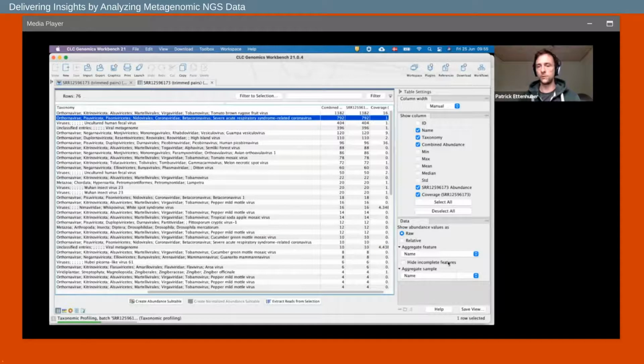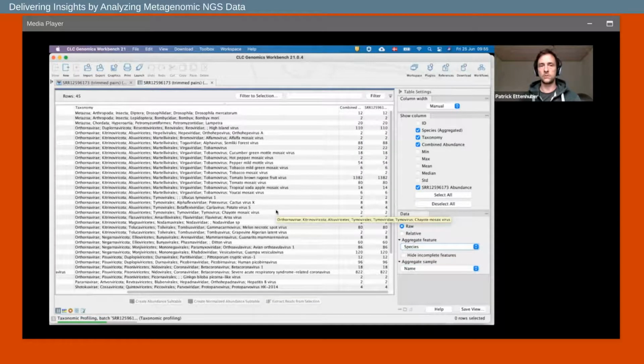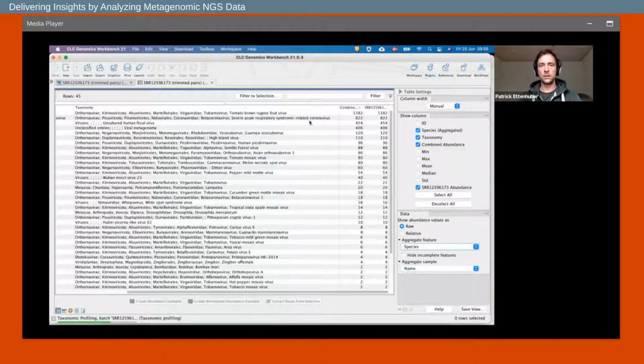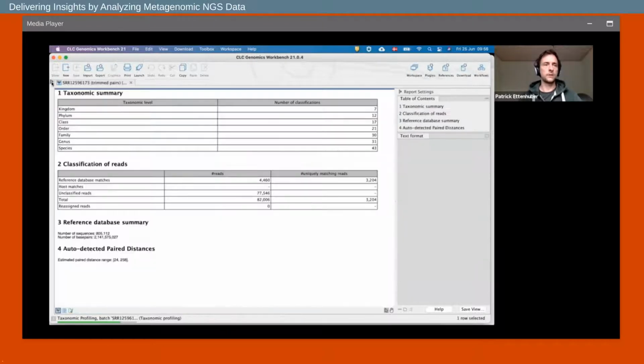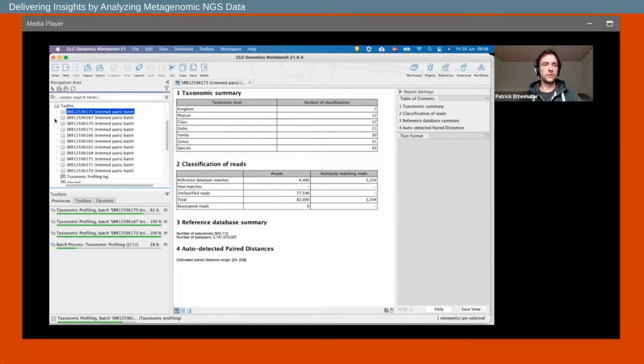We can get an overview over the species by aggregating the abundance table on a specific level of the taxonomy. And then we can look into the species level. And here you can then see the aggregated number for the severe acute SARS-CoV-2. Here, 800 reads is not too much. We don't expect that we can do a lot with those, so we'll have to look into a different